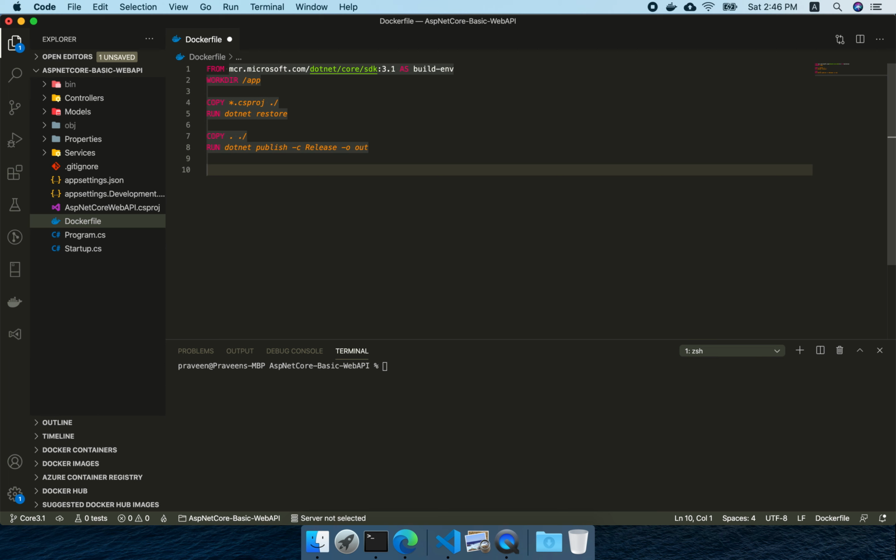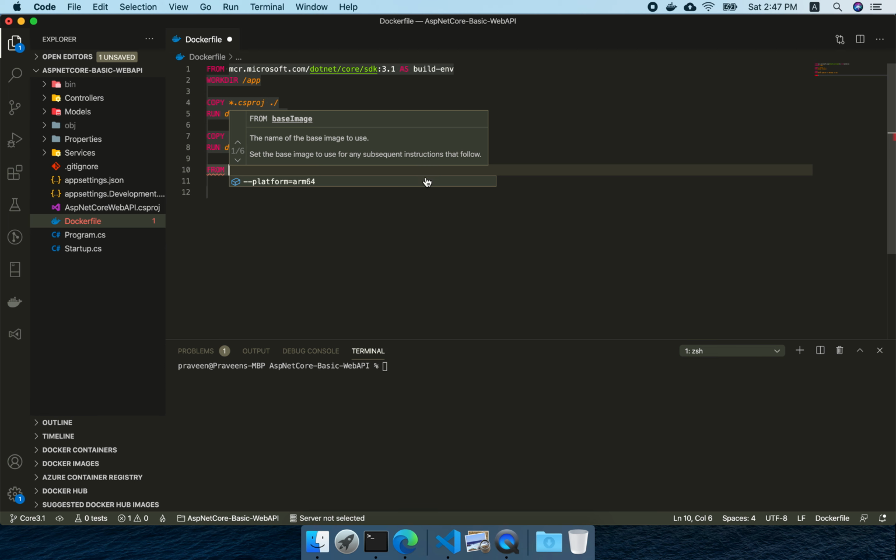It's just that instead of writing all commands manually, we are doing it with a single file, container based. That means this step basically copies the .csproj file and then restores, and then we restore the other things after the restore. Then what we do is we publish it. Where do we publish? We publish into the output directory. So now we have the published code.